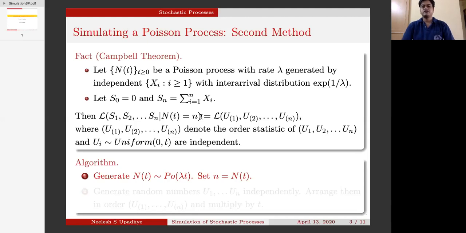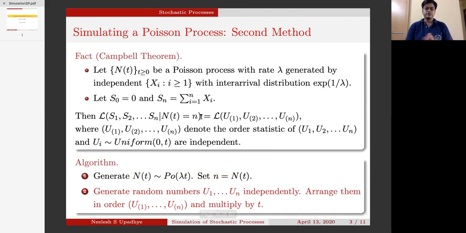That will suffice for giving you the event time distribution. That's what you will do. And therefore, you were able to successfully simulate a time homogeneous Poisson process with rate parameter